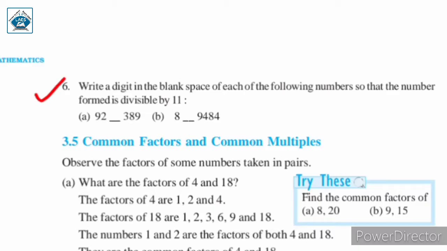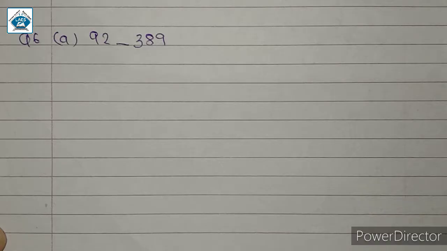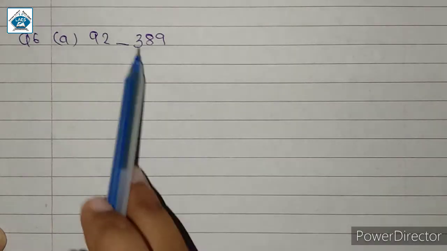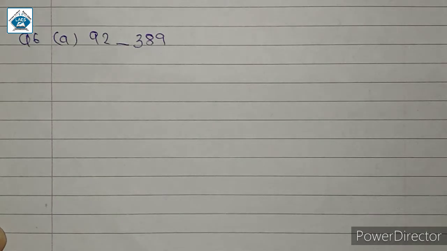Question number 6. Write a digit in the blank space of each of the following numbers so that the number formed is divisible by 11. First, 9, 2, blank space, 3, 8, 9. In this question, we have to write a single digit in the blank space in these given numbers, so that after writing the digit, we get the number which is divisible by 11. Just like question number 5, we have to write a digit in this blank space such that the number is